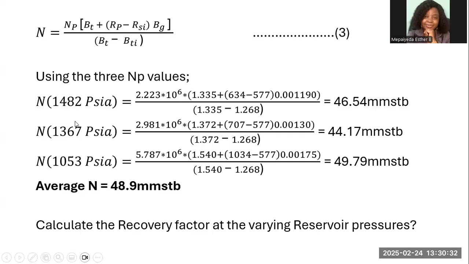So at each pressure, at this pressure, we slot in all the values, and then we have 6.54 mm STB. Each M is 3 zeros. This is times 10 to the power 6 STB. At 1367 PSI, we have 44.17 mm STB, and then N at 1053 PSI, the lowest pressure given below bubble point pressure,